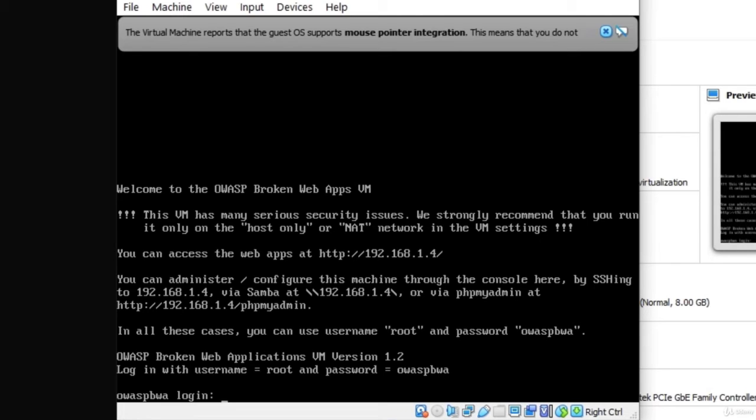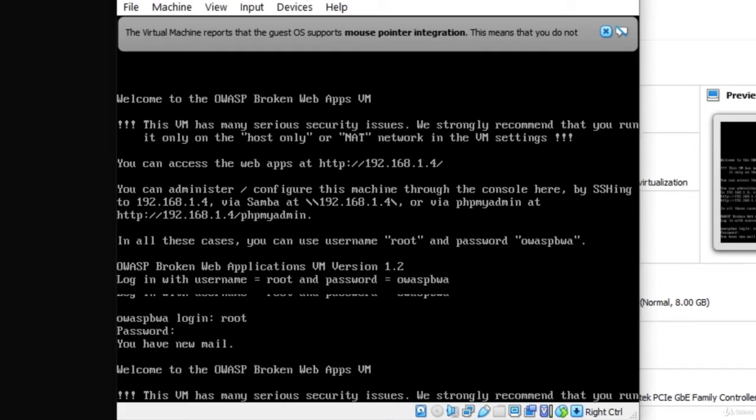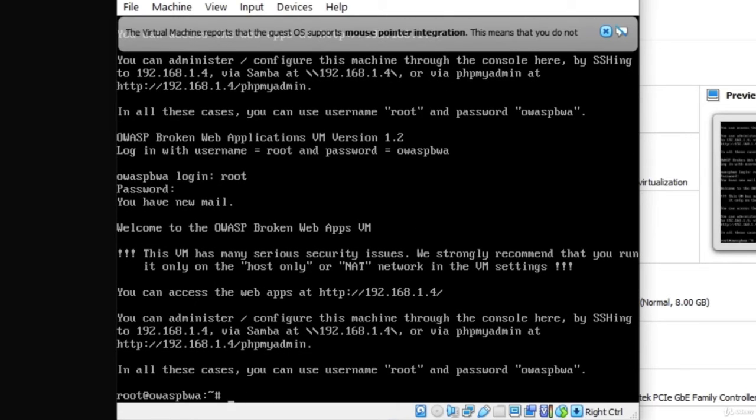Of course, in order for us to actually be able to access this command line, we need to log in first. And it tells us down here that we can log in with username root and password OWASPBWA. So let's type that in. And it will give us something like a terminal. And we can use that terminal to run the commands, the same commands that we can run in a regular